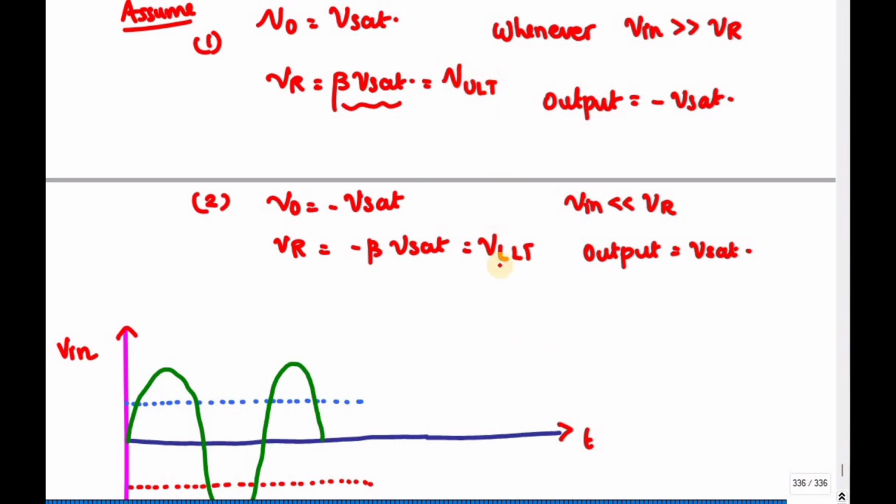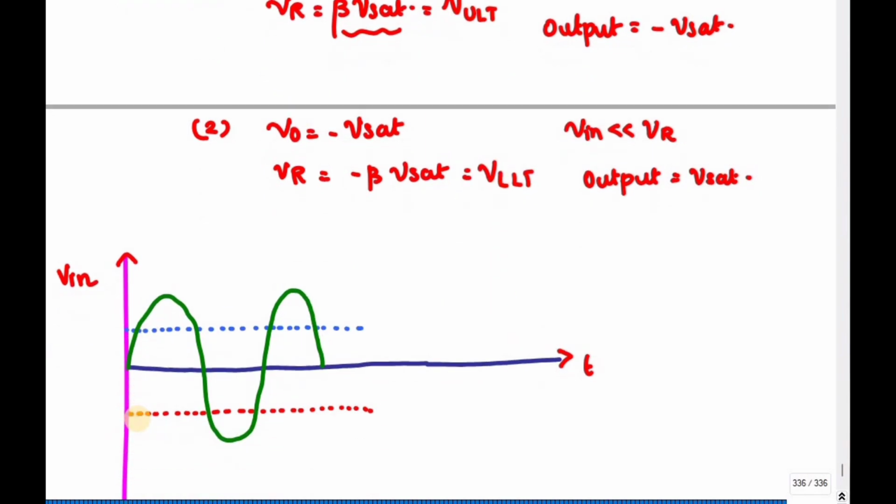Since this value is greater than this one, consider this is my input sine wave. I am going to fix this as the VUT value, and this is the VLT value. So here you can see my input voltage V in, right? The V in voltage is greater than